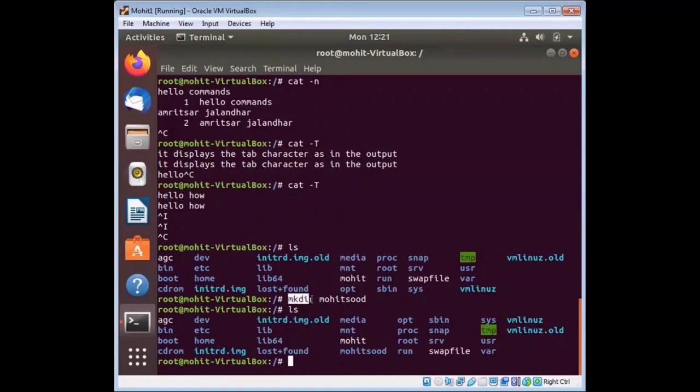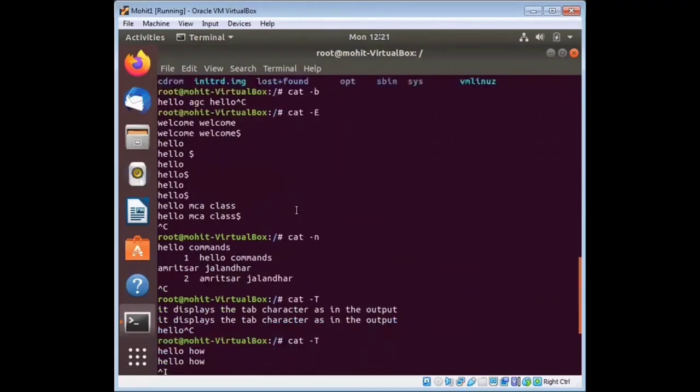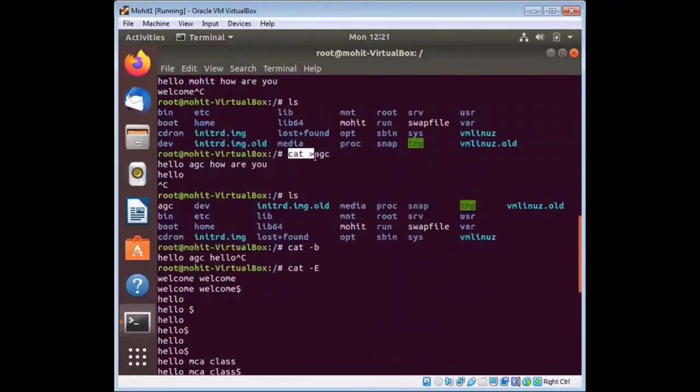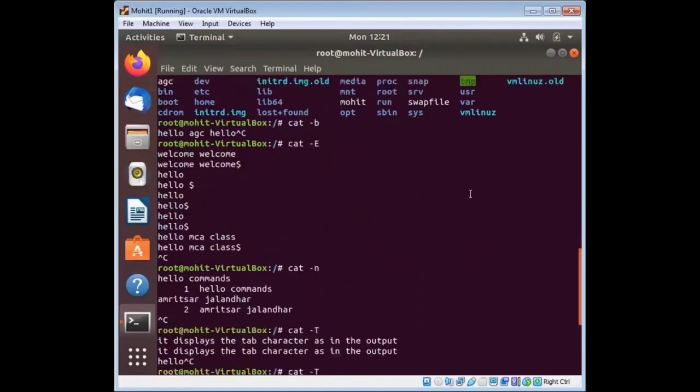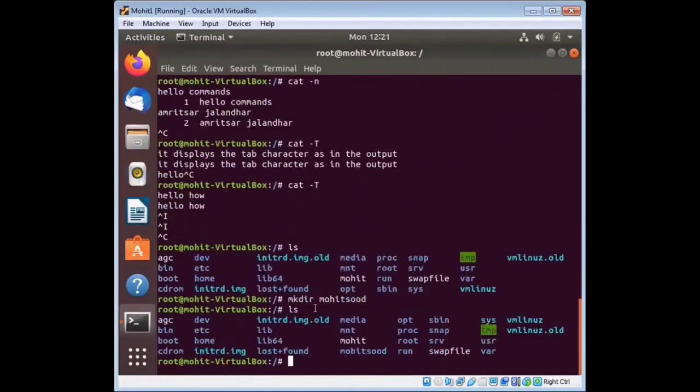Cat command basically is used to create a file and to concatenate your files. So if you want to create a directory, you just type mkdir. mkdir means make directory.